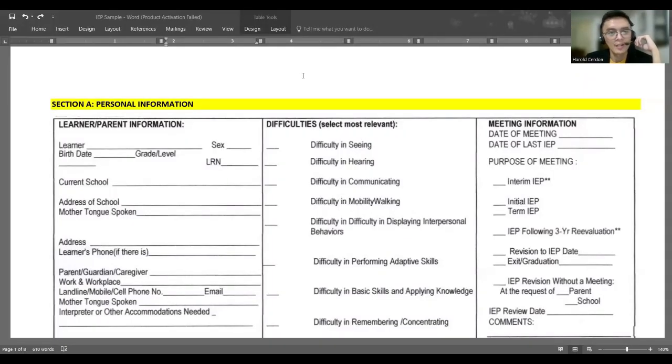Okay, welcome sa ating second part of the video lesson on making an IEP. This time, I'm going to show you a sample template of the IEP released by the Department of Education here in the Philippines. I will also conduct a short demonstration on how to fill out some of the areas here. So before I begin, I want to reiterate that every school or state, especially outside the Philippines,